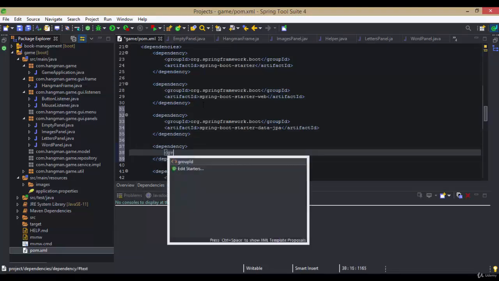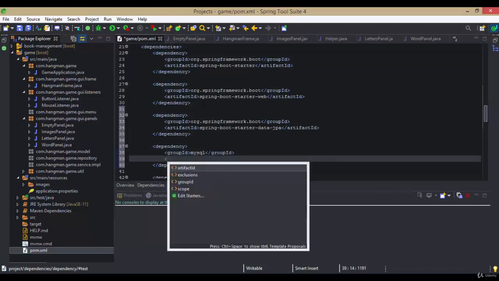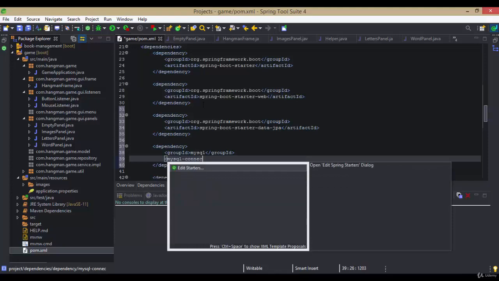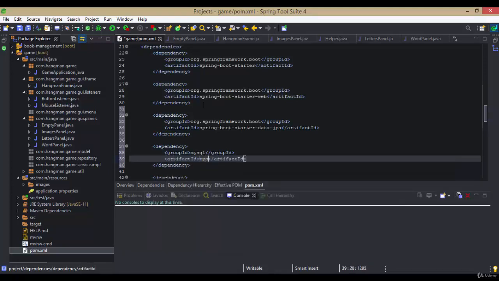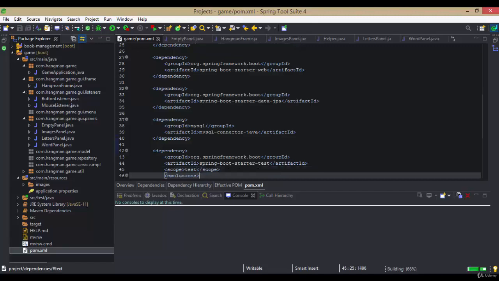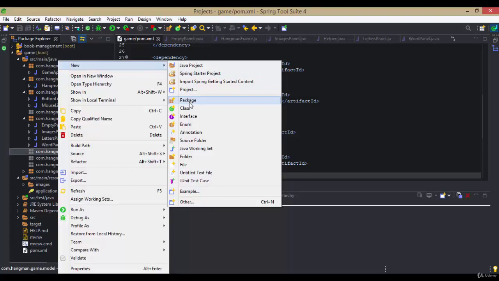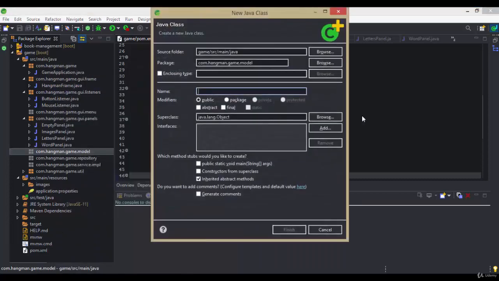And now the second dependency will have the group ID mysql, and for the artifact ID we need to set up the mysql-connector-java. Since we have this dependency in place, we will need to go under the com.hangman.game.model package and